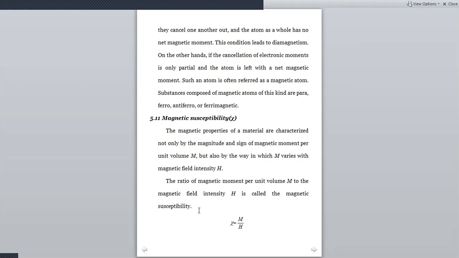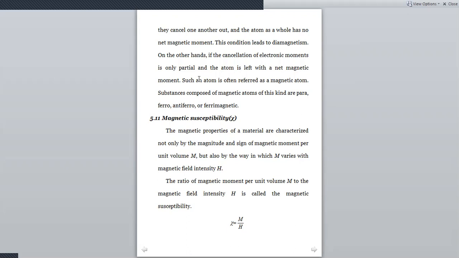Suppose all the magnetic moments are oriented in random directions, therefore they may cancel each other. Once they cancel each other, this means that the resultant magnetic moment of the whole atom equals 0. This means this atom does not show magnetization. And the material which consists of this atom shows zero magnetization, or this material belongs to the category of diamagnetism.